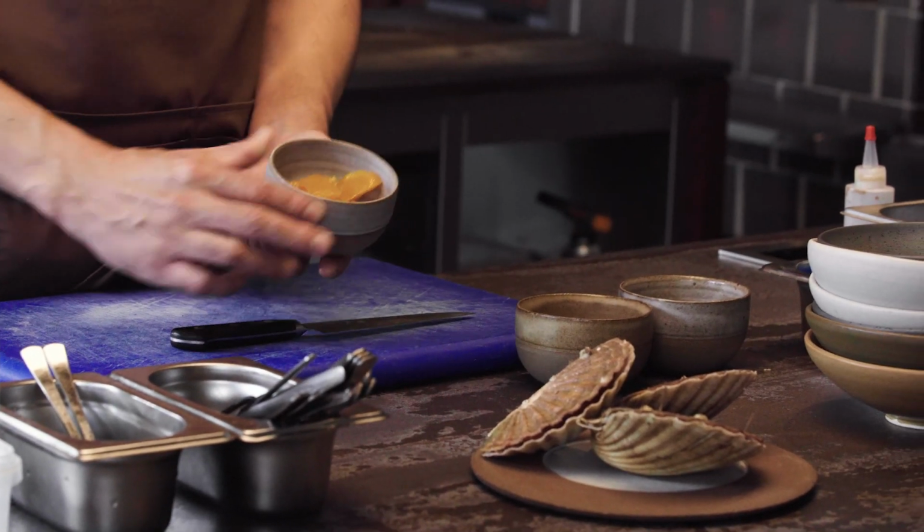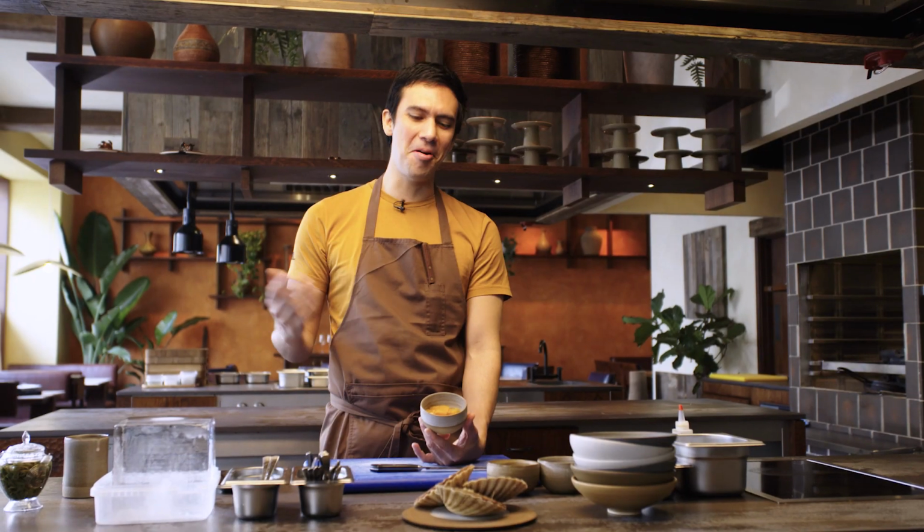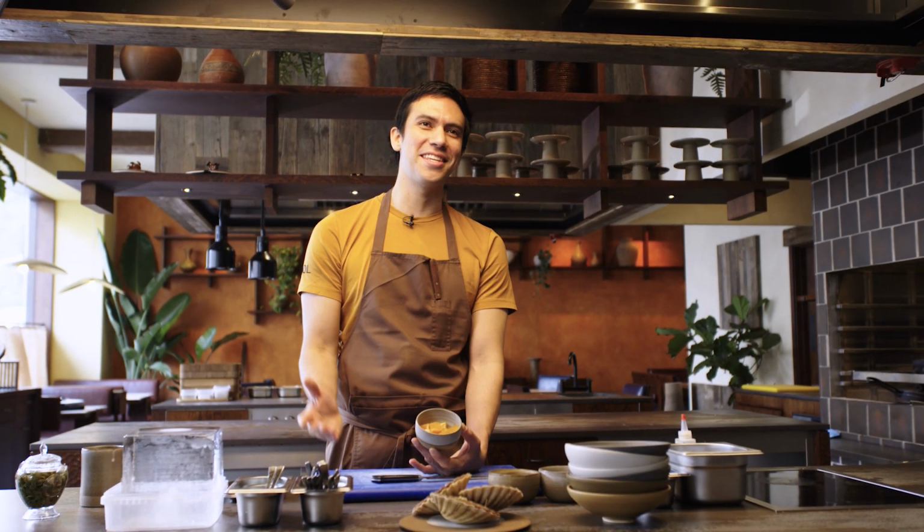We have some things that are already prepped. We have some golden beetroots that we bake. You can have steamed beetroots or boiled beetroots. You can buy them already cooked, and then we just cut them. So that's what we have here. It adds nutritional value. Well, my mom told me to eat vegetables, so I want the guests to eat vegetables,